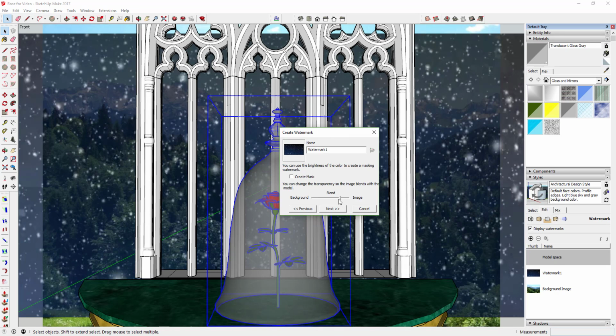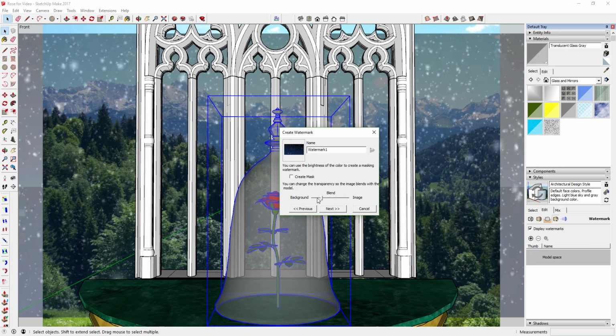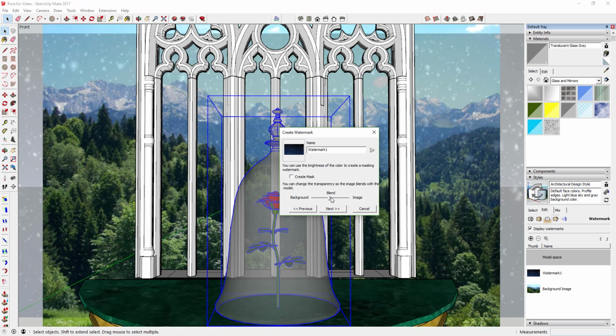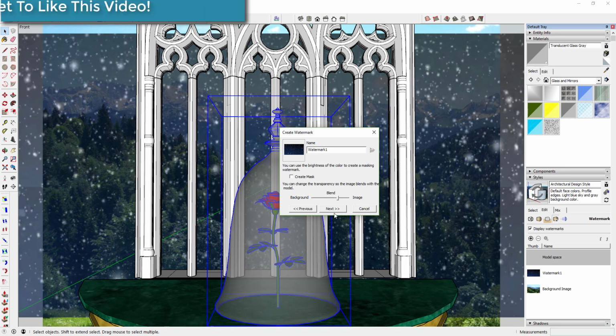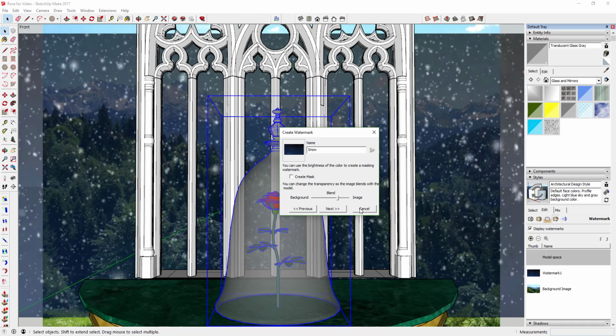So you need it to be transparent enough that you can see the mountains out in the background, but not so transparent that you can tell that it's sunny and it's got blue skies. So you've got to find the balance in here. But you can go ahead and pick whatever's going to work for you, and then you can call this snow. Click that next button,